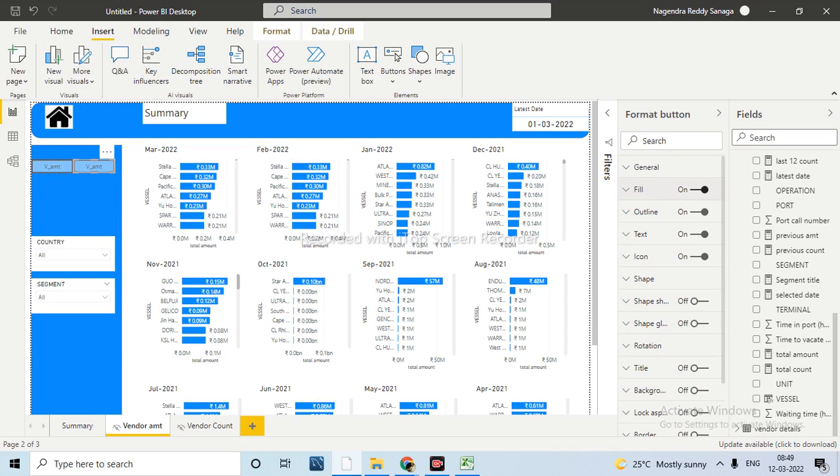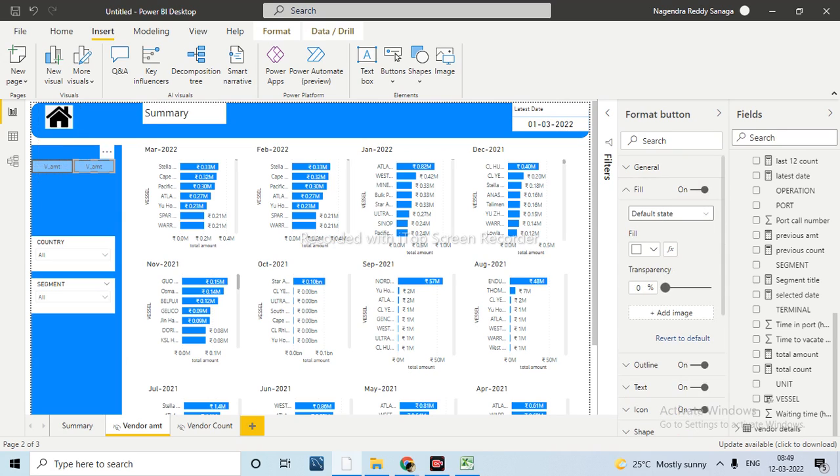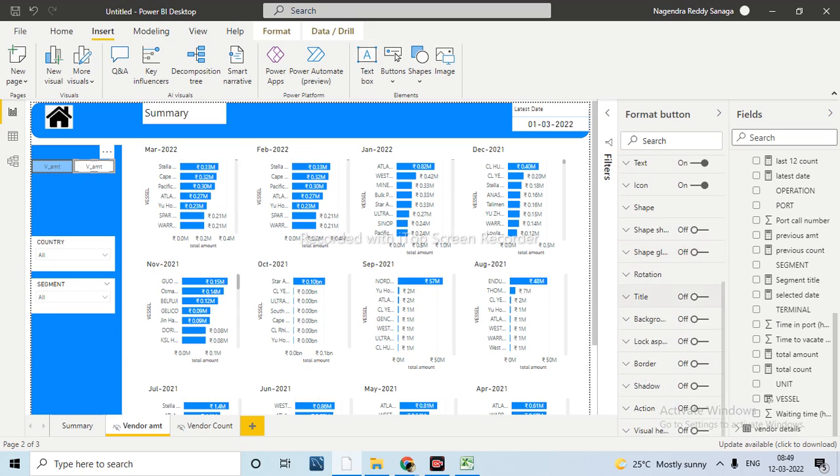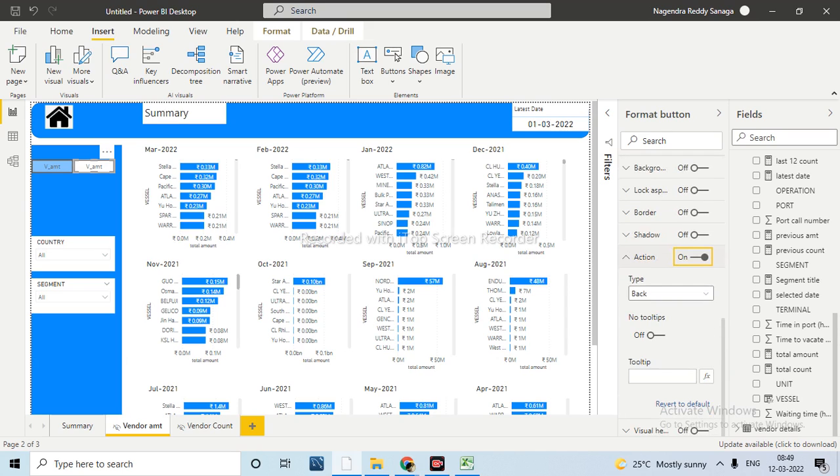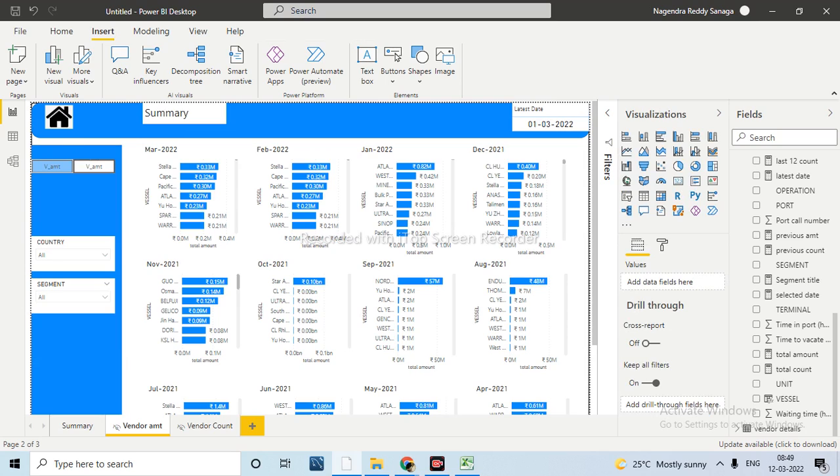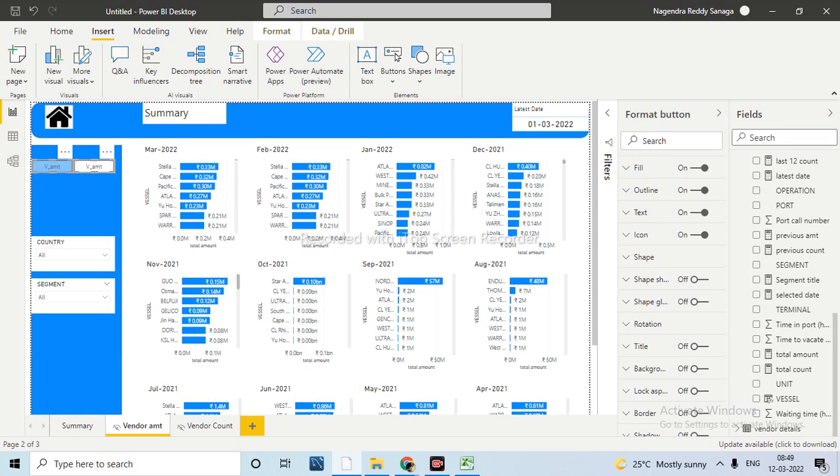Here I am turning this. That means whatever is in white, red, means we are not in this particular page. For this one I am taking action. When they click on that, they will navigate to the vendor count page. Now we are already in this page, so I have highlighted this one. When they click on this one, it will go to that particular page, right? Even there I will keep the same buttons. Just we will make the colors something different.